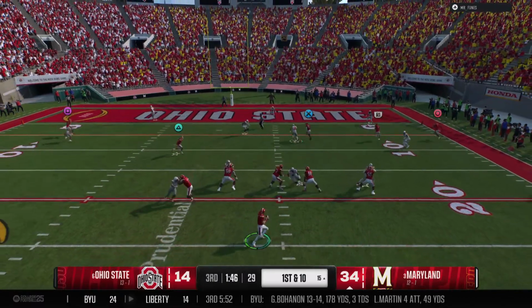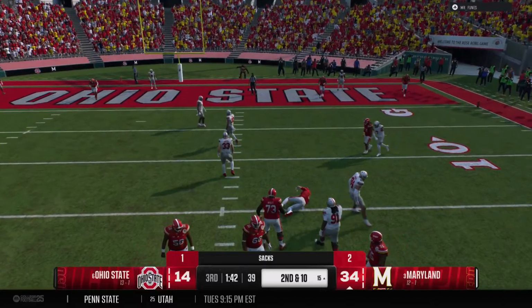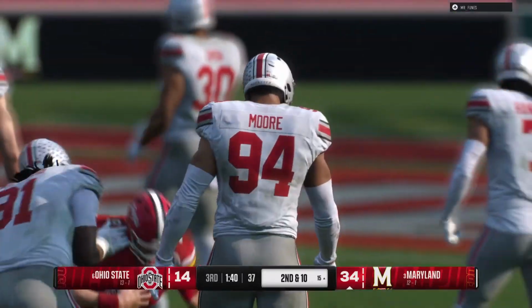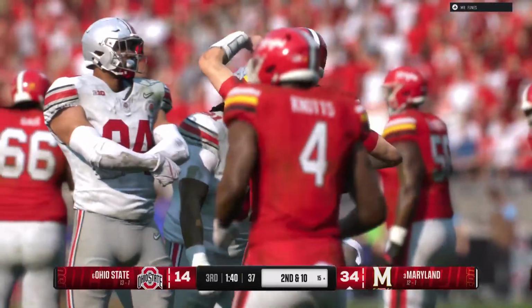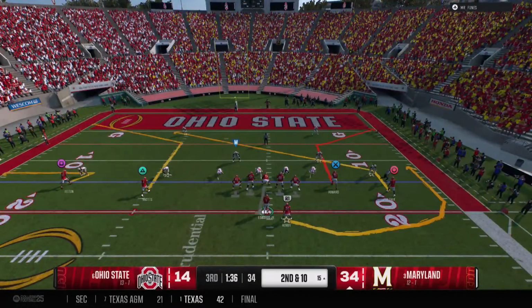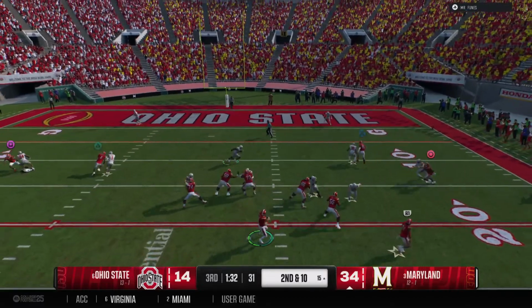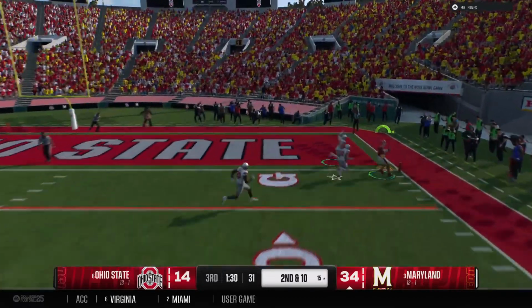Looking to throw it from the red zone. Bringing pressure. And the sophomore's got him for a sack. This defense, reeling after giving up that big play, responds immediately with a sack. Yeah, on the previous play, the offensive line did their job. They held up. Nice job in pass protection to give the quarterback time to make the throw.